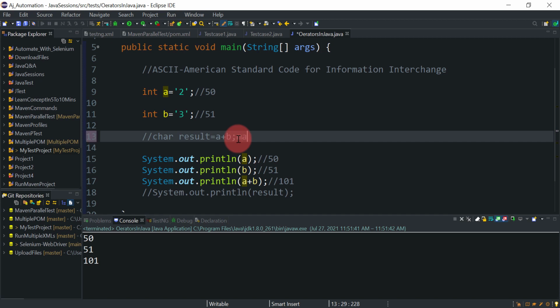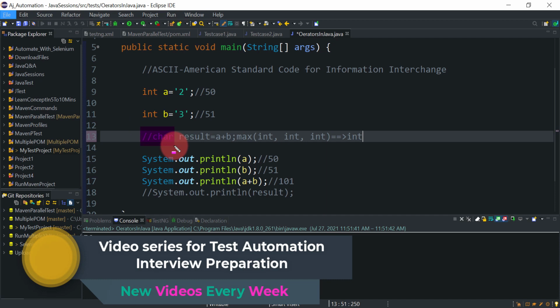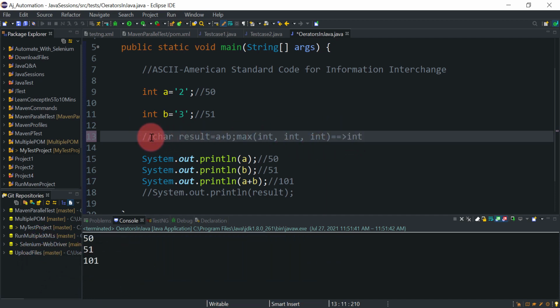Let's find out here. Max of integer, type of a is integer, comma, again integer. Okay, so the result will be of integer type. The maximum among all three is integer, right? But we are storing an integer value in a character type variable, right? So it will give a compilation error here. You cannot store an integer type value in a character. That's why your code will not compile. It will give an error.